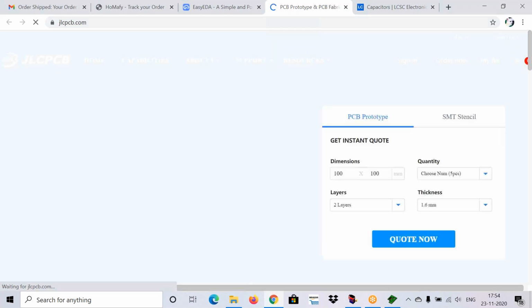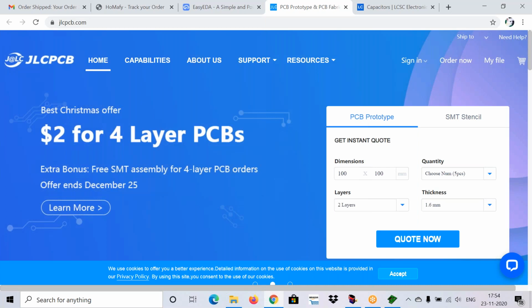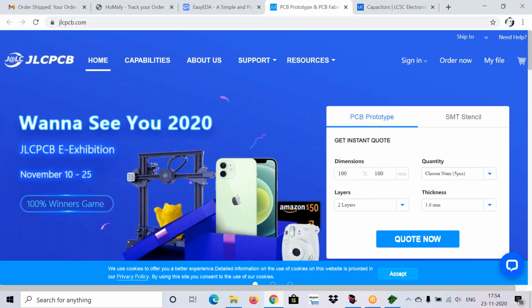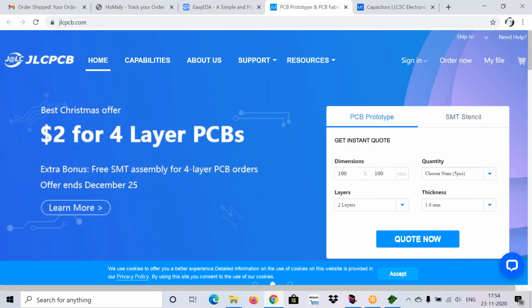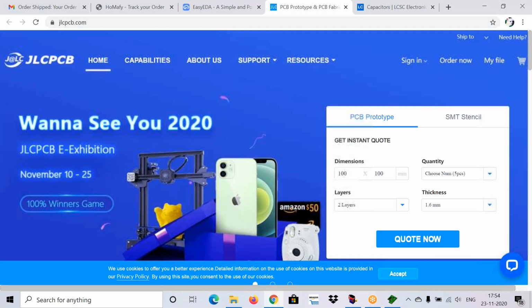Single pieces are not manufactured. If you want to make a PCB from the JLC PCB website, more than 10 copies of your board are needed. If you want 10 copies of your circuit, then you can place an order and within 10 days, their time period is only 10 days, you will get your PCB boards. They will manufacture your design and send you the boards. Is it clear for everyone?